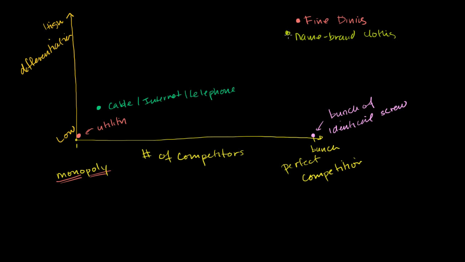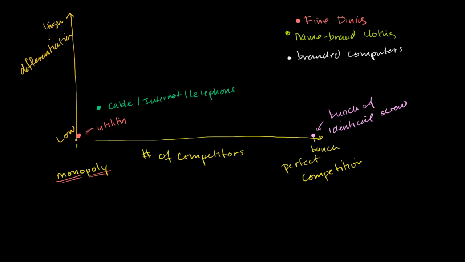To some degree, you almost feel like even though there's all this competition, they have a monopoly on their own product. Another one could be something like high-end laptops or high-end computers, or maybe I'll just say computers in general. Some people might want to go for an Apple. That's what they've associated with. And some people might want to go for a Sony. So maybe I'll put branded computers up here.